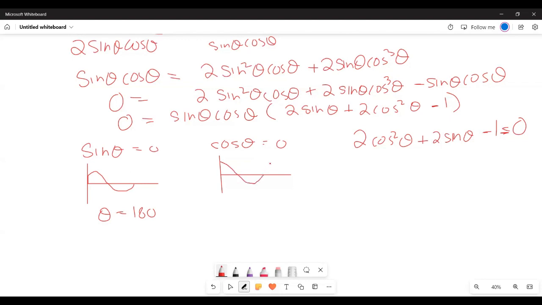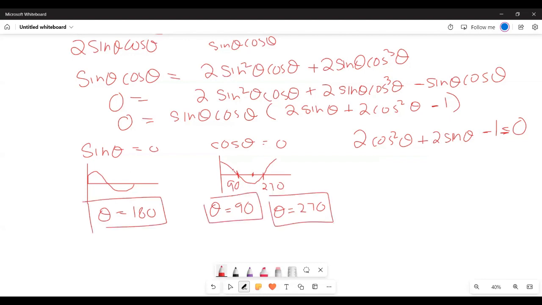Okay, cos graph looks like this. So cos is 0 at 90 and 270. Again, I have not used the alpha method. You can if you want to, and just relied on the graph, because we know where 0 is, where 1 is, where -1 is from the graph. So I use that. Now, if you had cancelled sin theta and cos theta on both sides, these three answers would not have come. Okay. Now we move on to the other